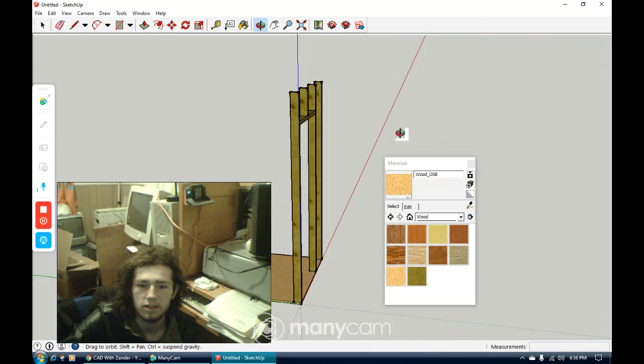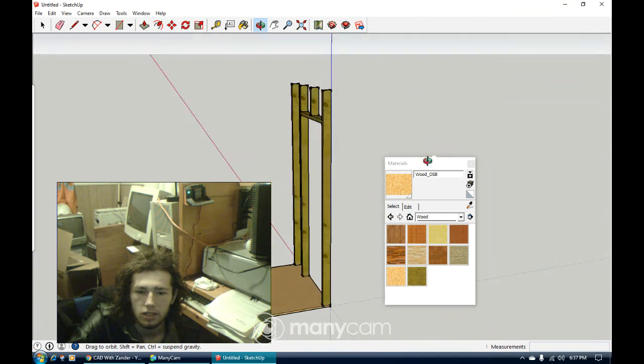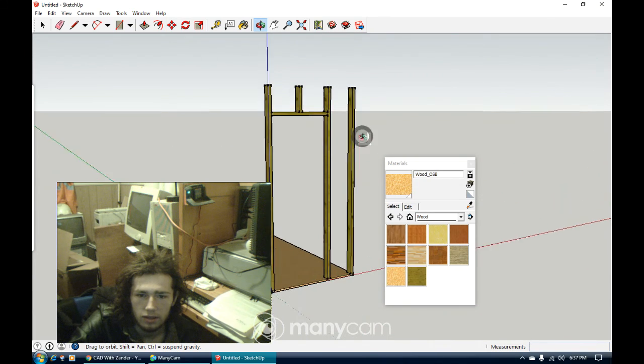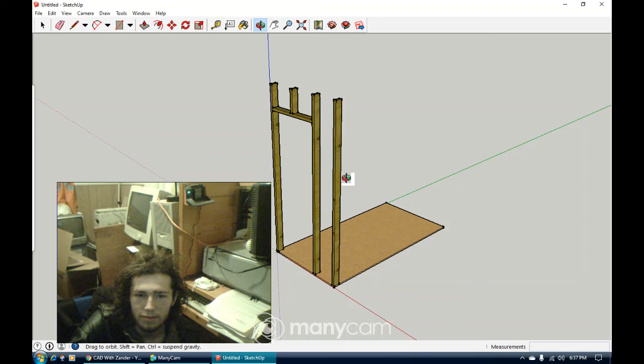Apologies for that, my microphone disconnected. So, there you have it. A nice little 2x4 frame stud wall. So now we can go to File,